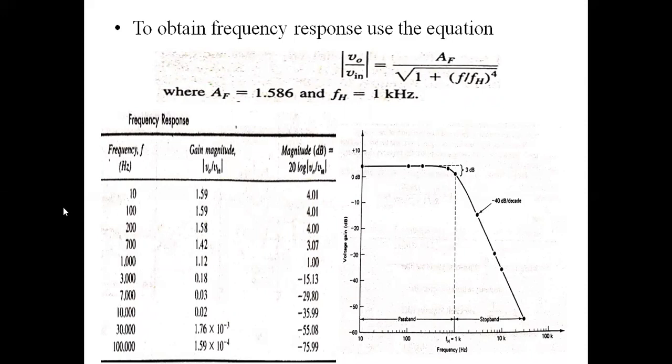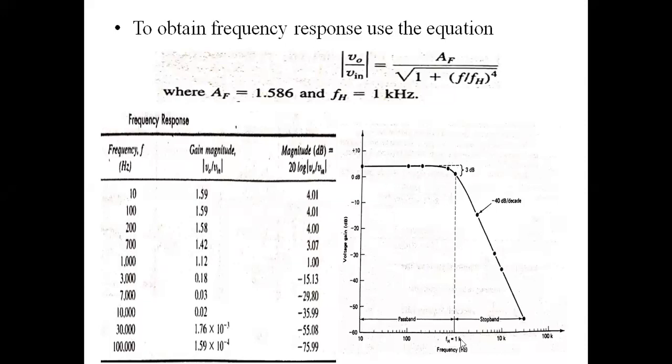Now once again, using the frequency and the magnitude, frequency is plotted on the x-axis, and the magnitude gain is plotted on the y-axis. Corresponding to this table, plot the values of the gain versus frequency, and this is the plot. Okay, now join the points and we get the frequency response of the second order low pass filter.